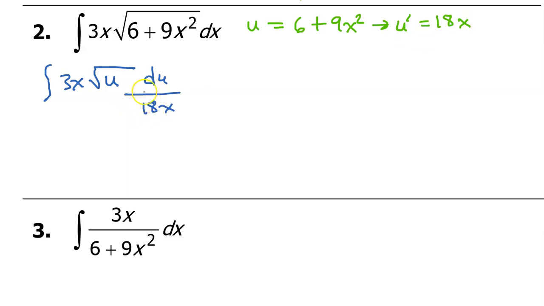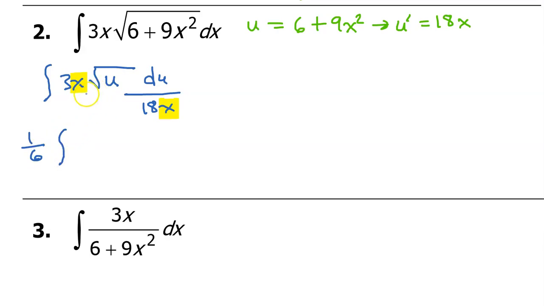Now, I notice that I have x in the denominator and x in the numerator, so those are gone. I'm also taking a look at my 3 over 18. That's going to reduce down to 1/6, which I will put out in the front. So now I have 1/6,